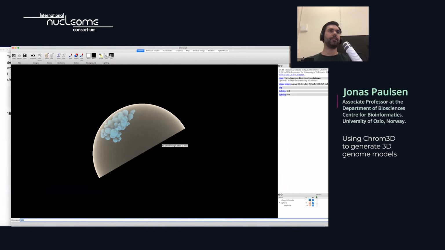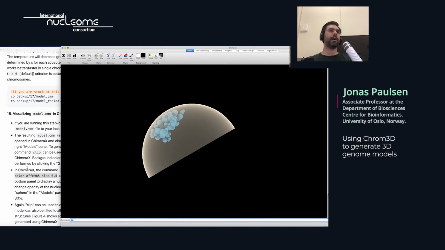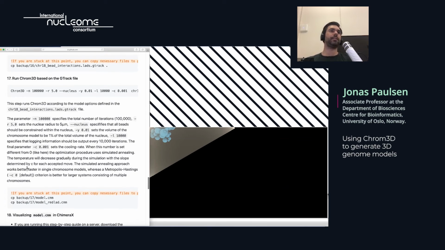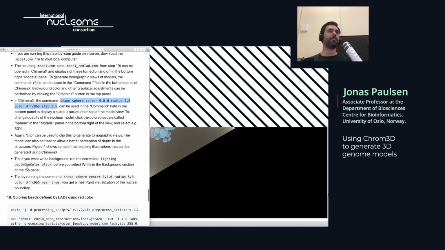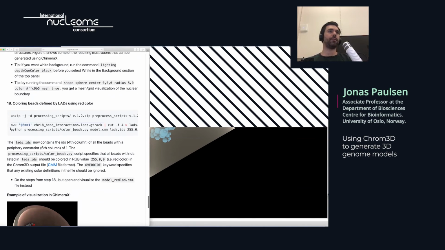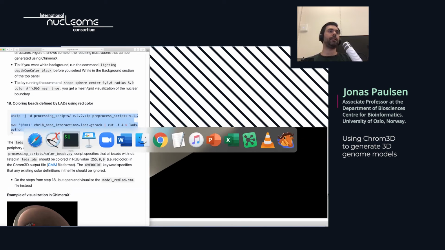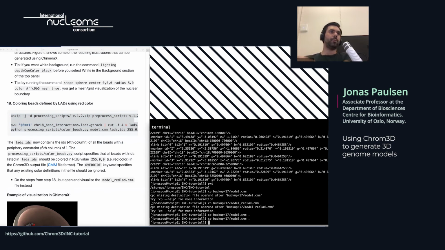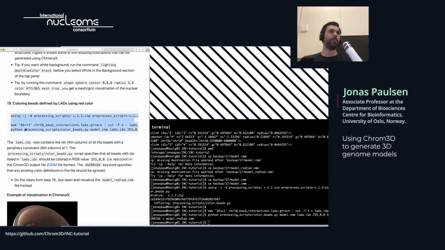The color beads script is another Python script that will allow you to color the beads by providing a list of bead IDs. So basically what we do in this step is selecting from the GTrack file all of the beads with a number 1 in column number 6. So this is the periphery column of the GTrack file. Each of the lamina associated beads, we fish out the ID and put them in this file here called LADs IDs. These are IDs of all